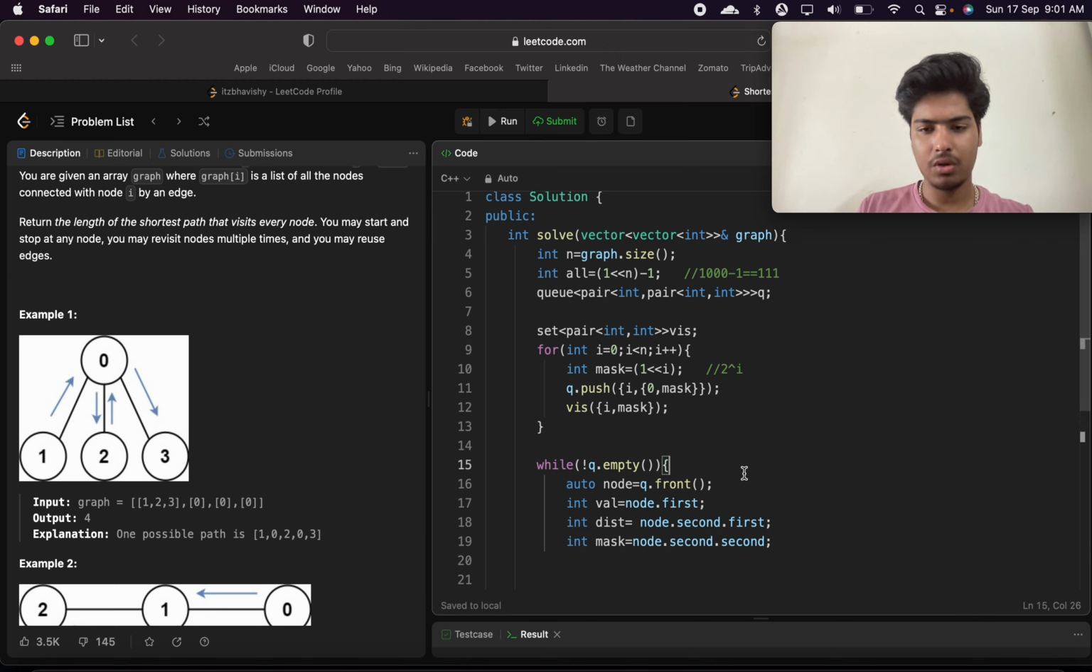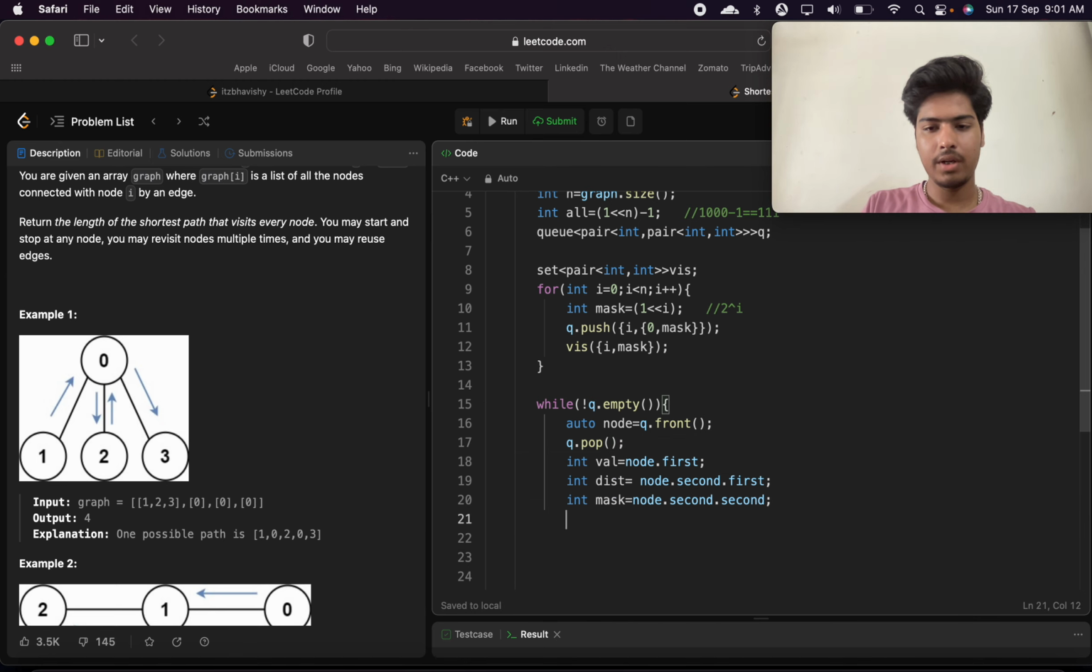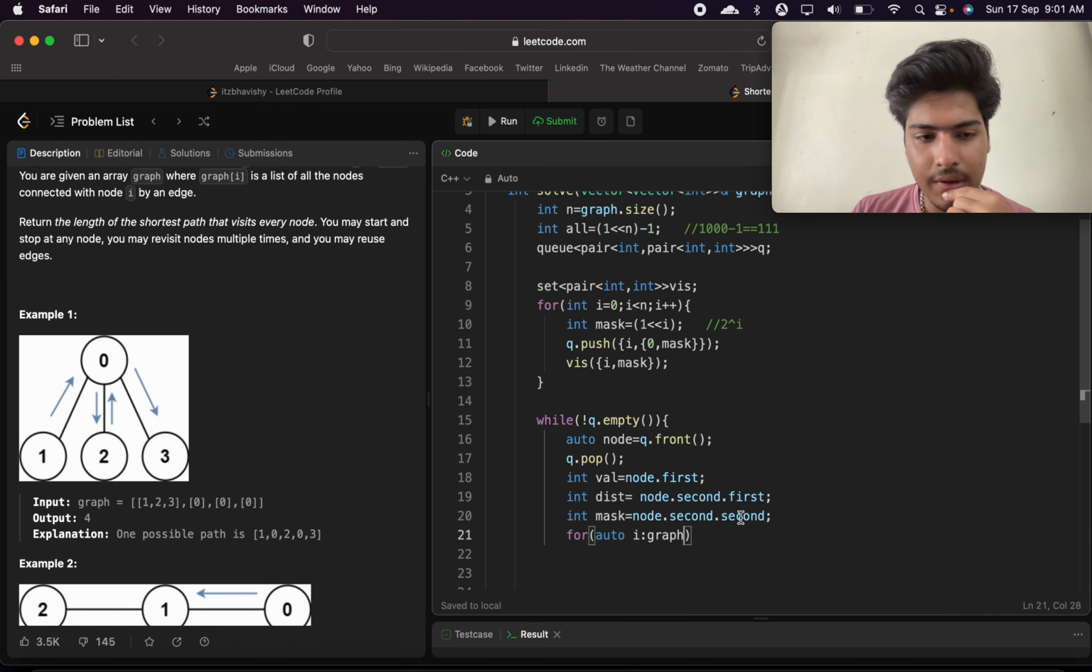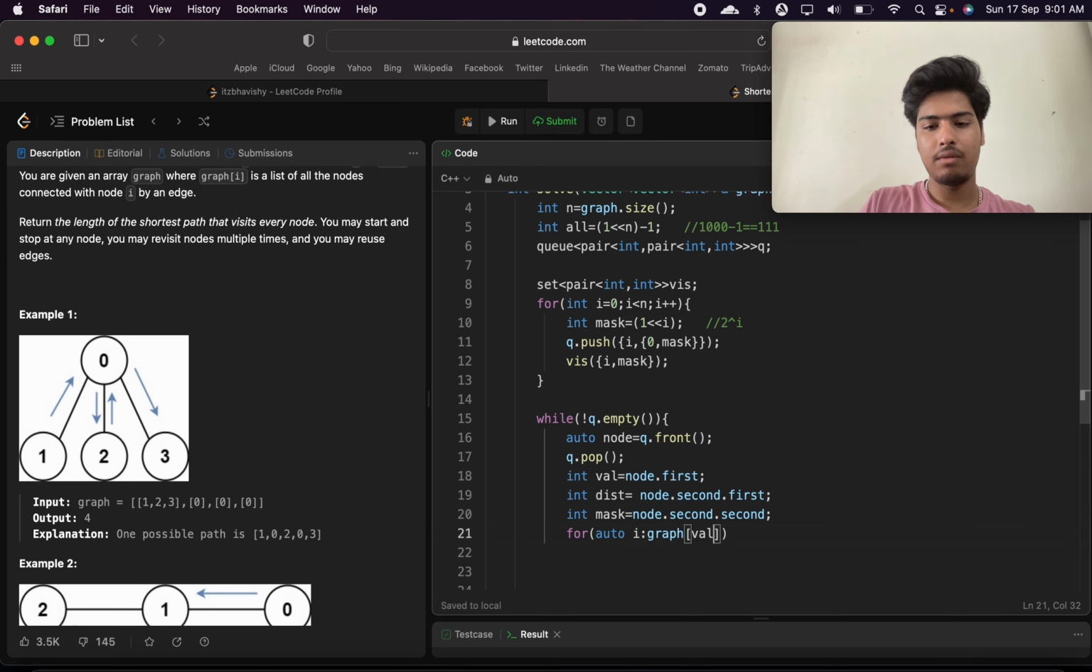In this we have to pop this element, q.pop also. This while loop is done. Then I will initialize another loop, for auto i belongs to graph of this particular value, graph of value. In this graph loop, int new mask